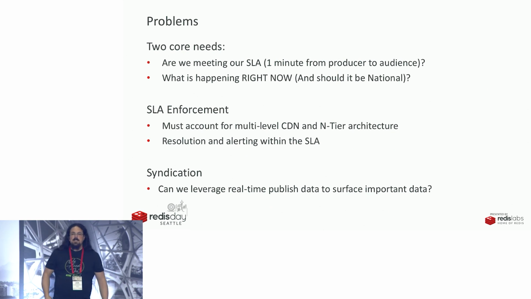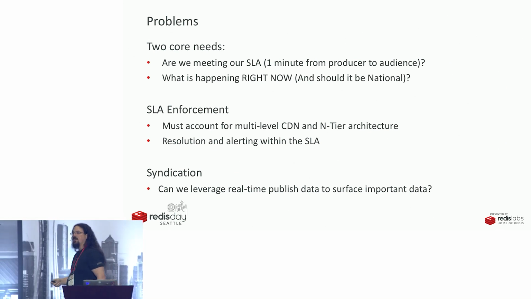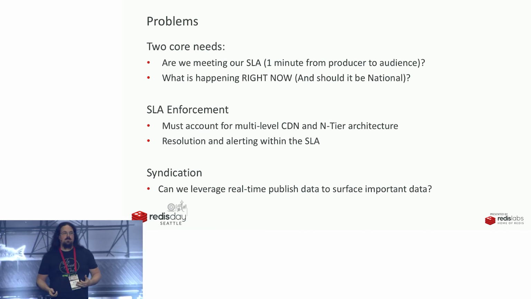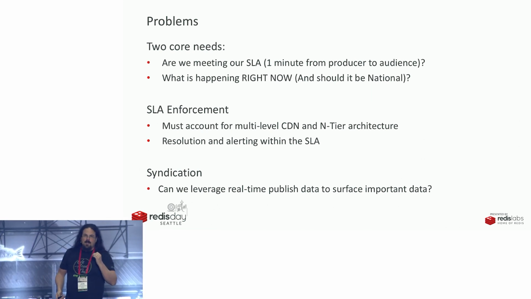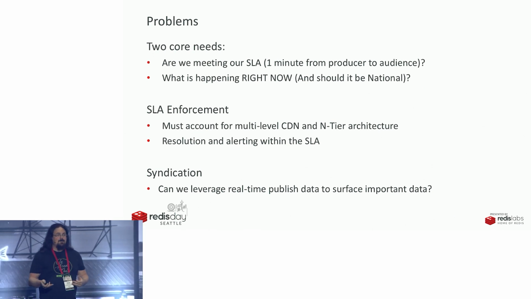We have to deal with end tiers. We have to deal with CDNs. We have to deal with different systems trying to keep up with each other with a publishing timeline that has to constantly enrich this data. We have to alert when these things happen, so all of this data has to be durable. We have to put it into a system that is actually worth holding on to and that doesn't have a huge overhead, because 17 million updates every time we change a story page is not a tenable solution.